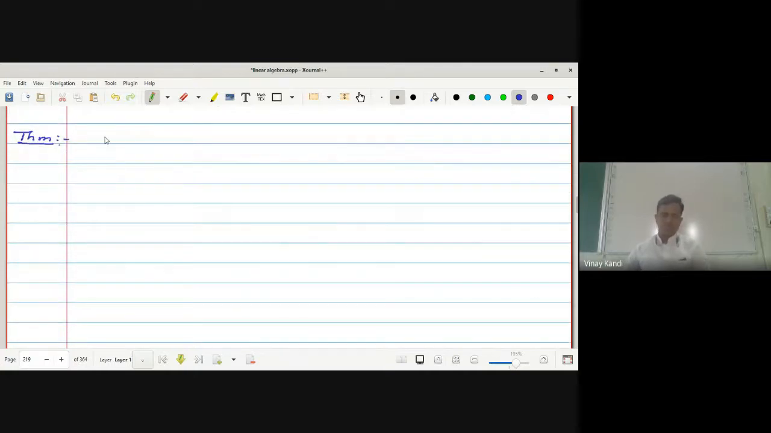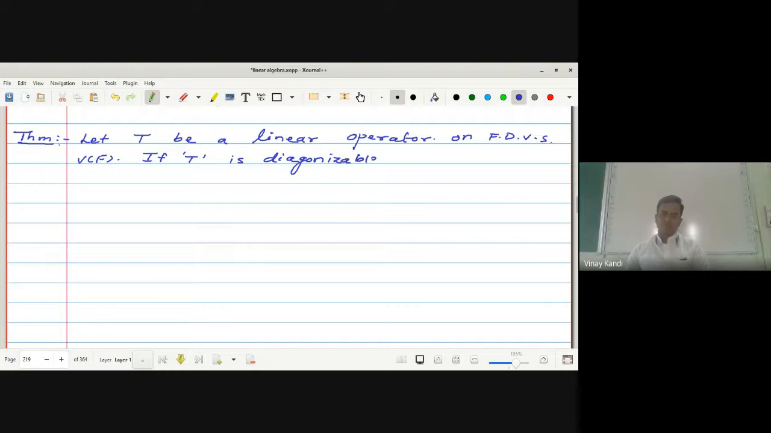Let capital T be a linear operator on a finite dimensional vector space V over the field F. If T is diagonalizable, and suppose C1, C2 up to Ck are the distinct characteristic values of T, then there exist